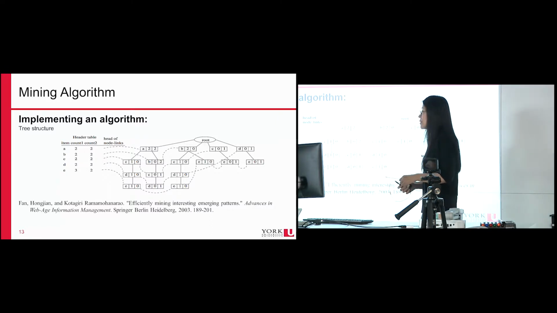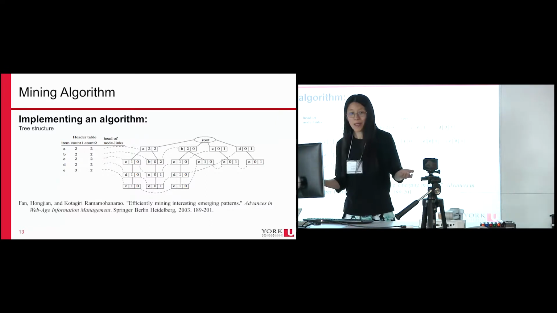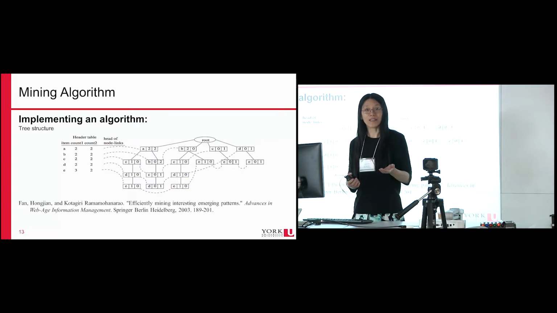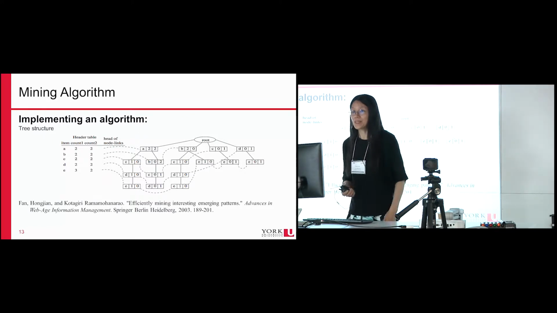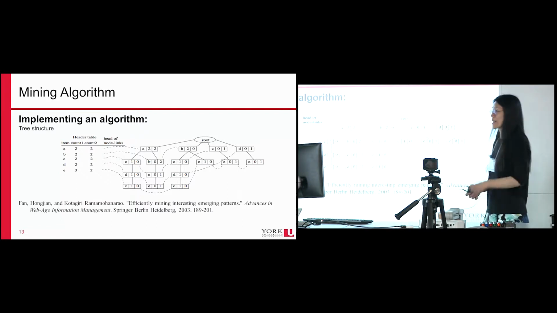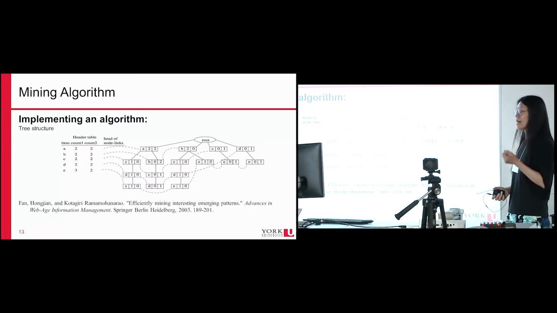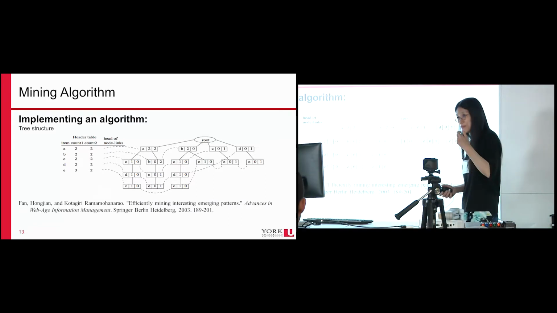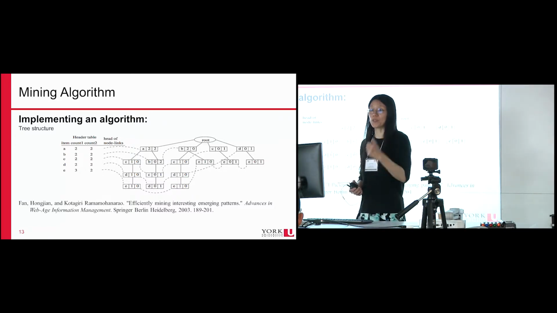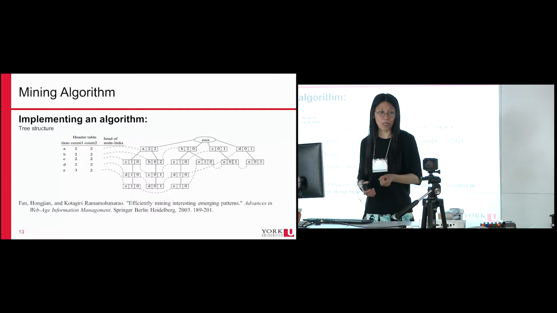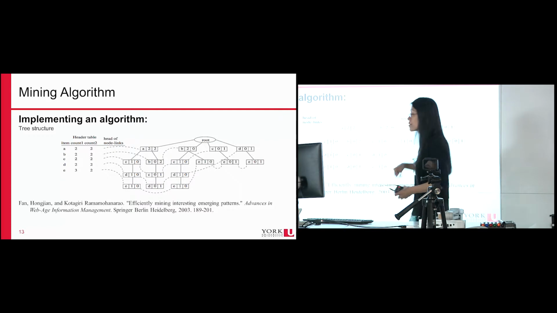So if you try to check all the possible sets of items to see if each is a contrast pattern, it is going to take too long. We cannot check all the possible combinations, so we need a smart system to reduce the number of checks and potential items, but that does not miss any contrast pattern. So the algorithm has to be specially designed. That's where computer science comes in.